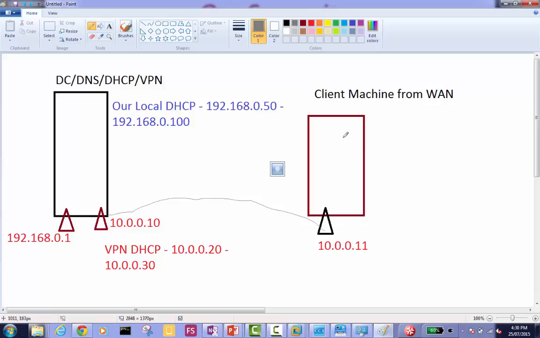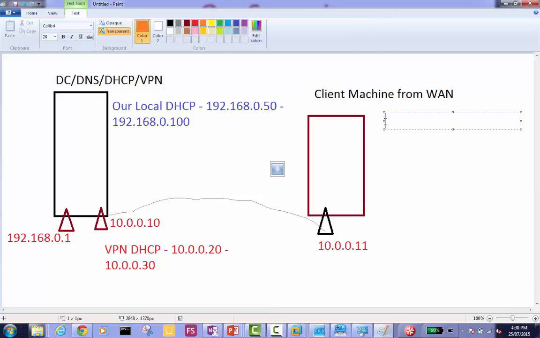So we are assuming this client is inside the home. What happens if you're connecting from home? You have any random IP address at home, 192.168, whatever. But in the company, there's a specific range of IP addresses. So from home, when you try to connect in a production environment, I'm not saying that in a production environment, you connect from home.